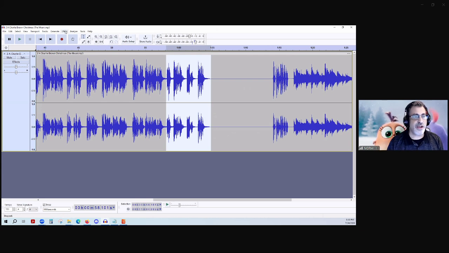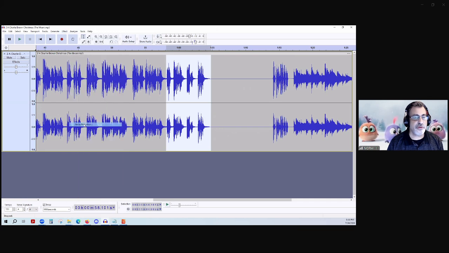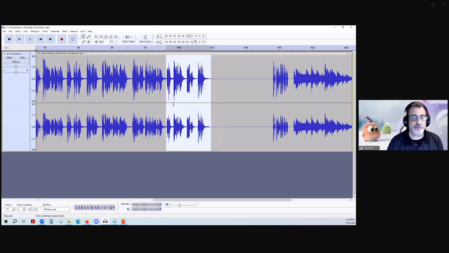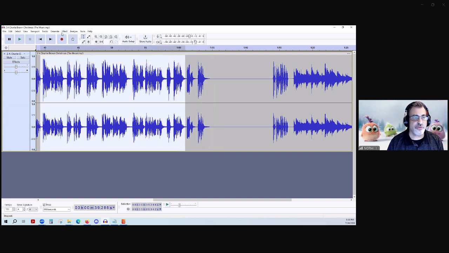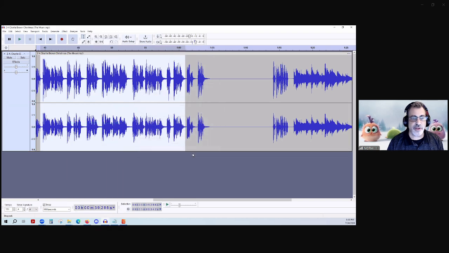So there's an opportunity here in effect called noise reduction. What I've done is I've selected a piece of the file that has some noise in it. I'm going to get the noise profile. Now I'm going to go in here for the rest of the audio. This should work. We're going to go into noise reduction again, and we're going to hit OK.